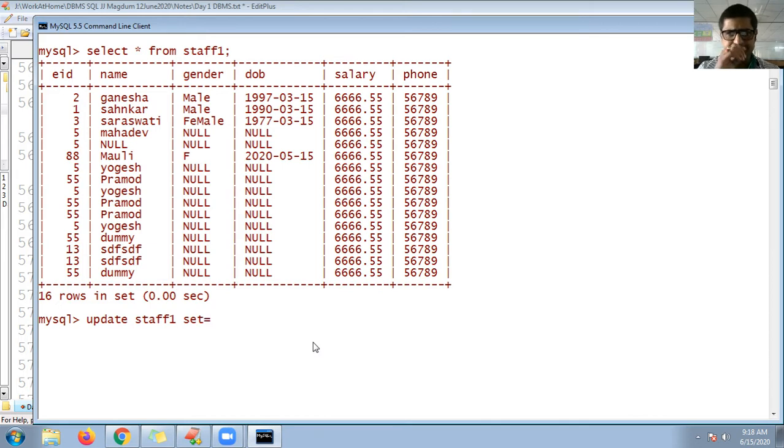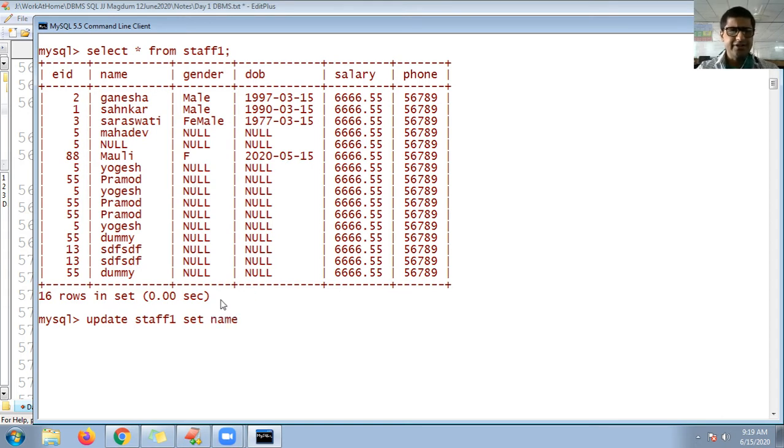I want to change salary to something, as well as let me apply it where id is 1, the id belonging to Shankar. Okay, a spelling mistake is there. You can see here for employee id 1, a spelling mistake is there in Shankar. I want to correct the name.